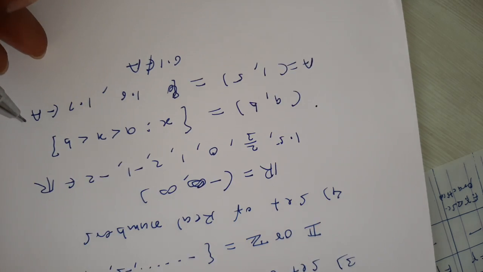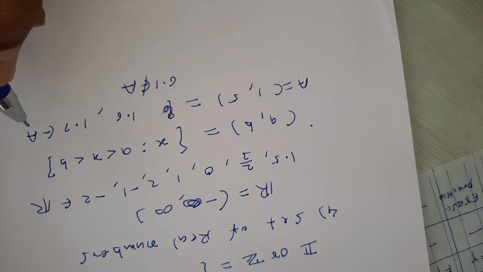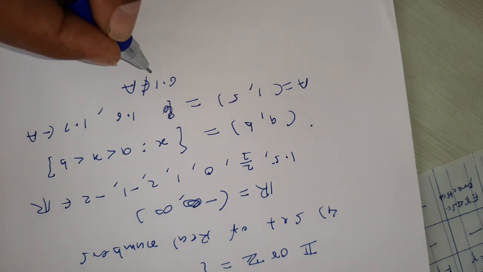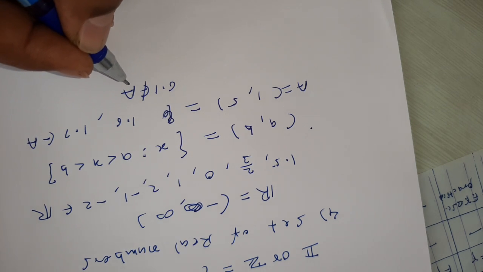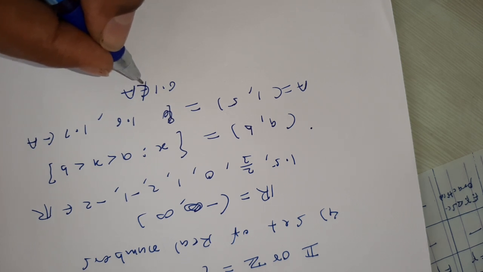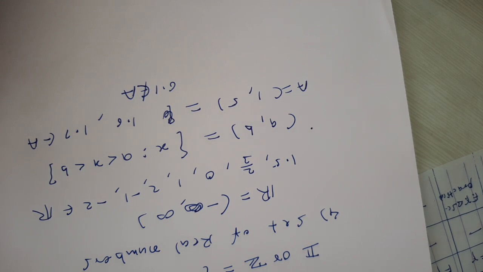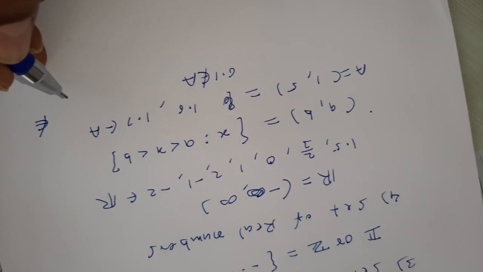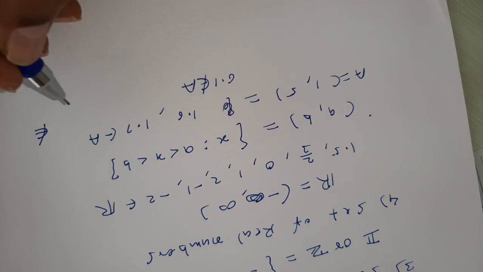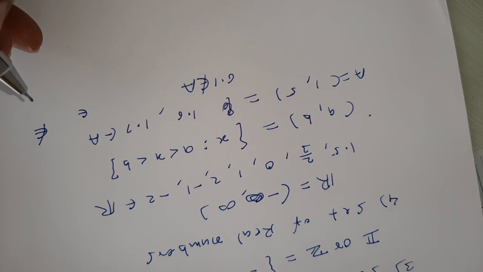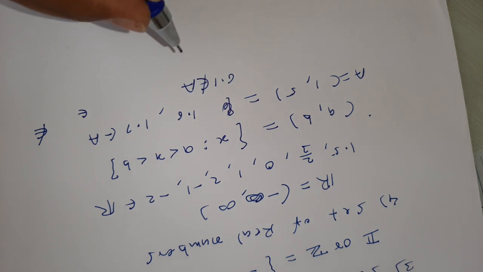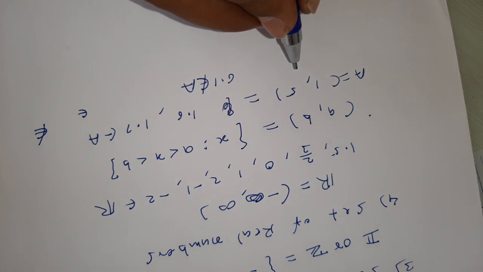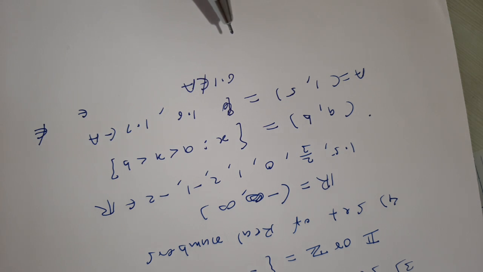This notation belongs to means if the element is present in the set, then we say it belongs to that set. And if the element does not belong to the set, then we denote this by using this notation, does not belong to. And belongs to means the element is present in that set. So this set contains all elements that lie between 1 and 5. So how many elements lie between 1 and 5? There are infinitely many numbers that lie between 1 and 5.